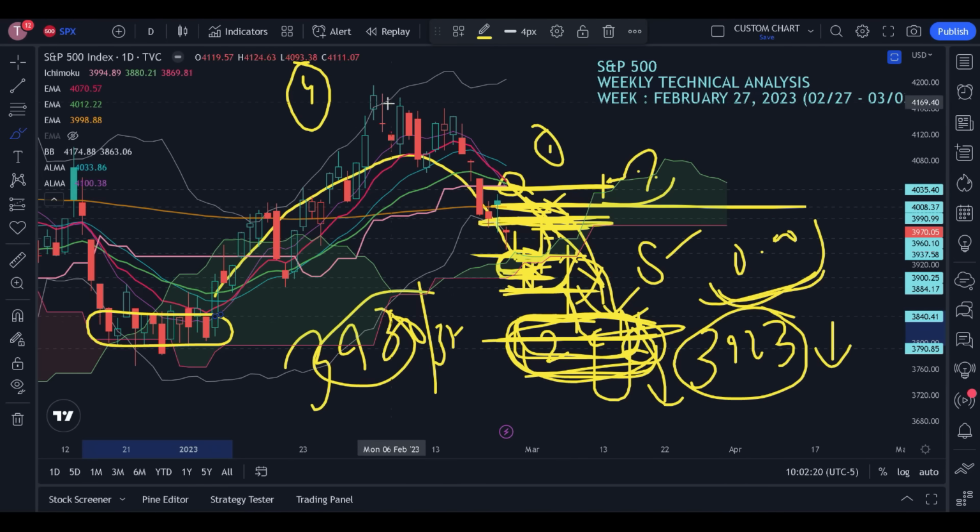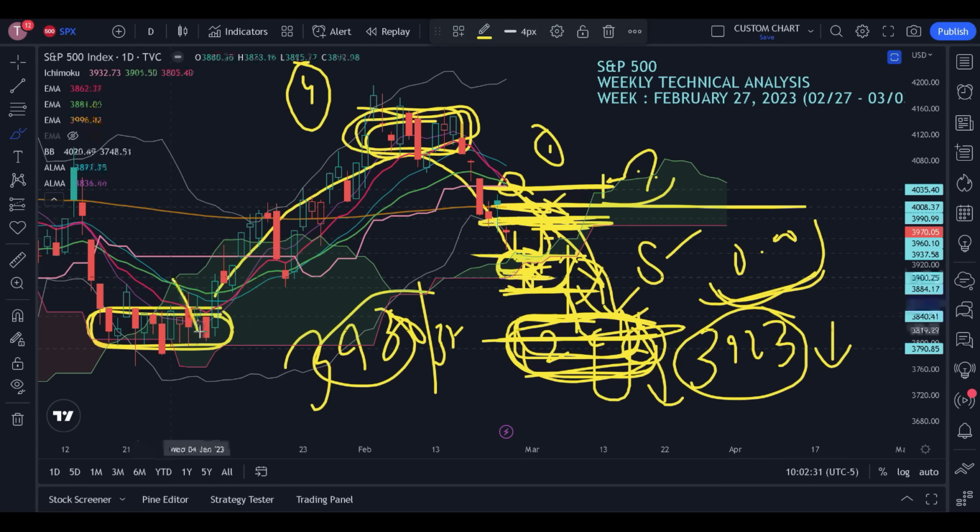Just like the S&P 500 failed here because it was a very heavy zone, a 50-point zone, similarly we have a very heavy zone here. Similarly, it will find very good support here, and then a bounce, meaning a bullish reversal. But any bullish reversal for now will be a limited bullish reversal. You need to understand this point, that any bullish reversal for now will be a limited bullish reversal,